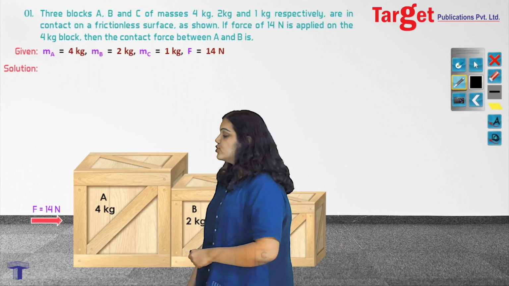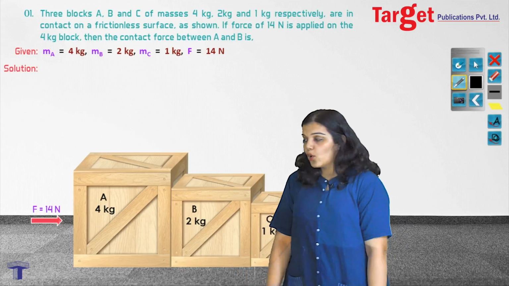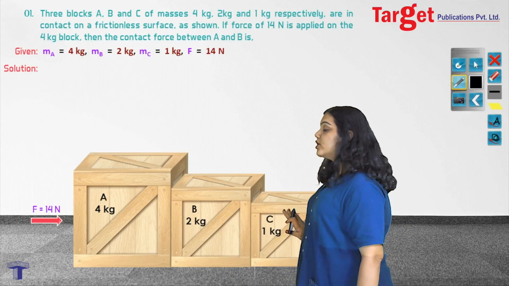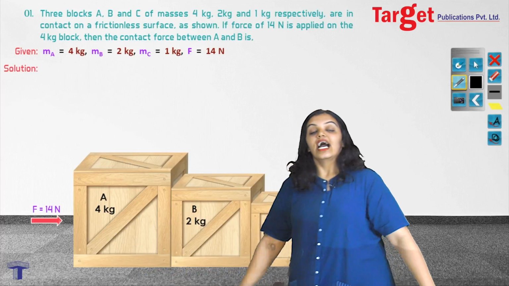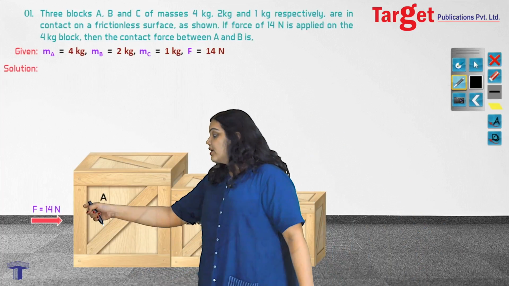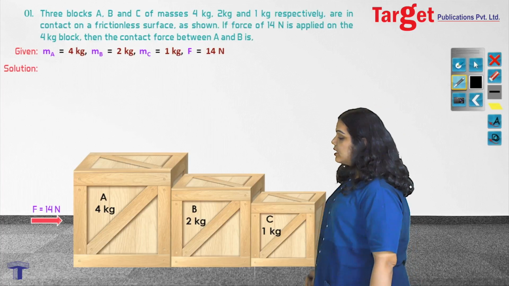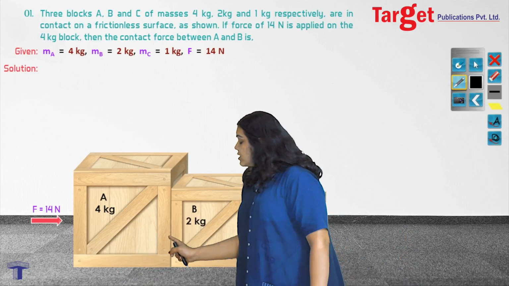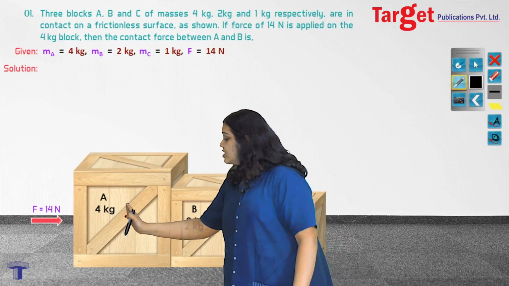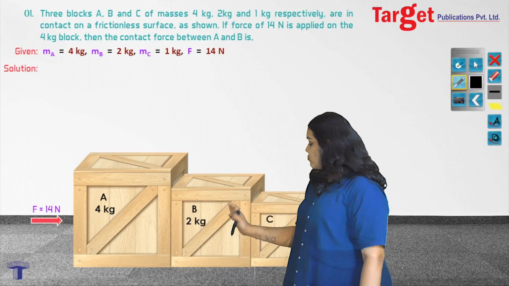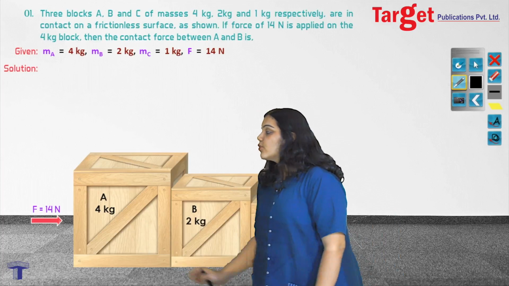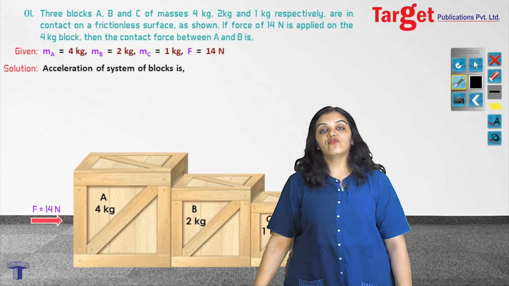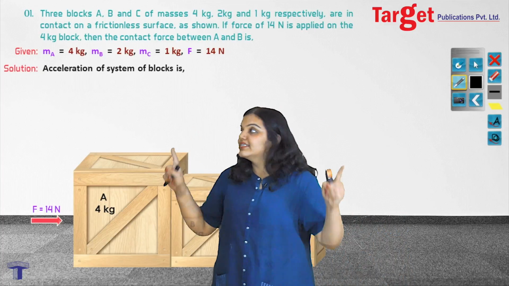And therefore, if I want to find the acceleration, I know that the acceleration of this block and this block will all be the same, because as soon as force is applied on them, they are all going to move together because there is no friction on the floor. But there is friction between the blocks, because of which this block will push this block and this block will push this block, and therefore they will move together. So I solve the sum by understanding that I can find the acceleration of the whole system.